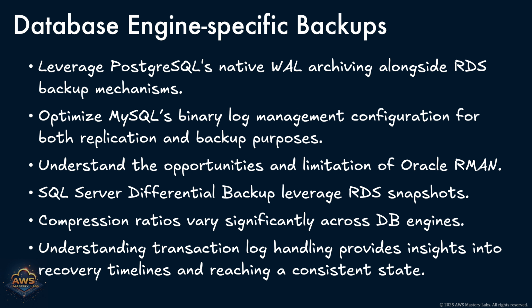When it comes to backing up databases on Amazon RDS, it's important to recognize that each database engine brings its own behaviors, capabilities, and constraints. For PostgreSQL, AWS Backup integrates with the native write-ahead logging, WAL, mechanism. By enabling WAL archiving, you can complement RDS snapshot backups with continuous log capture, allowing for granular point-in-time recovery while